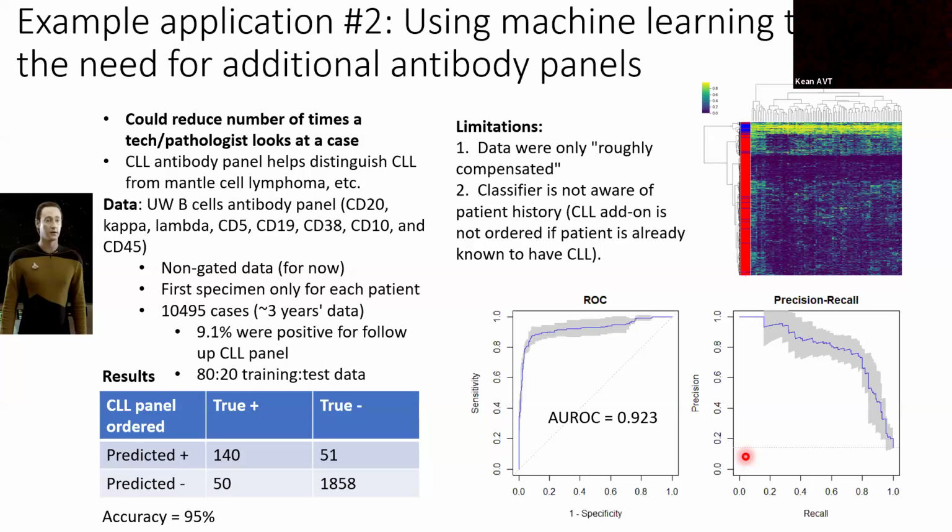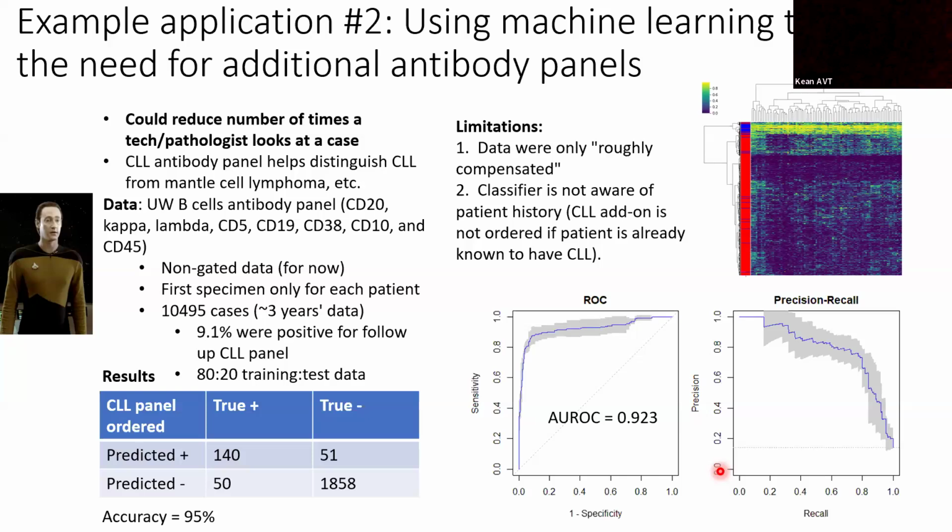So we also were interested in, can we use the same approach to predict whether we need additional antibody panels? And can we use that to help improve or speed up the workflow in our lab? So the use case we decided to look at was chronic lymphocytic leukemia. That was the most commonly used additional antibody panel in the lab. And we were basically using it to help distinguish between chronic lymphocytic leukemia and mantle cell lymphoma, because these are